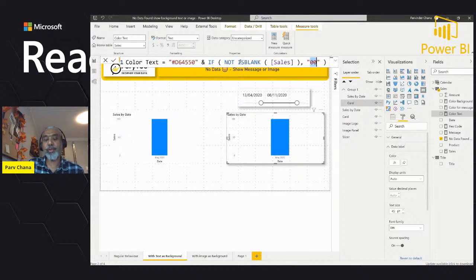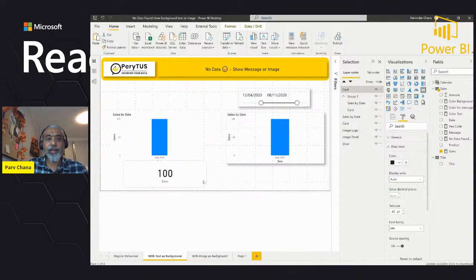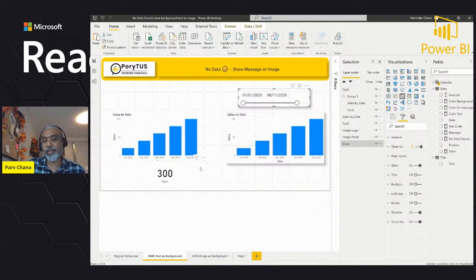So what I'm saying here is, okay, here is my color that I want to show, and then I'm setting the transparency based on the sales. Right now, if there is this range selected, there are sales, right? If I put the sales measure here quickly, it's $100 sales, and whatever range I select, my sales is changing, $300 sales.